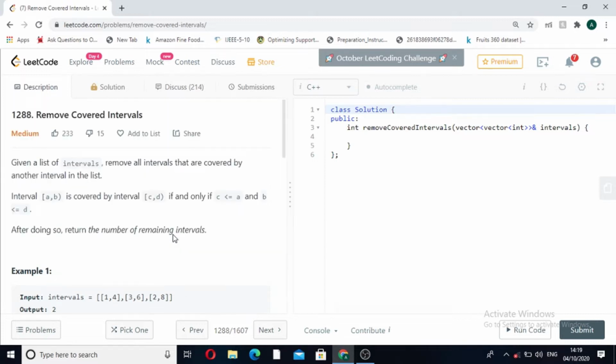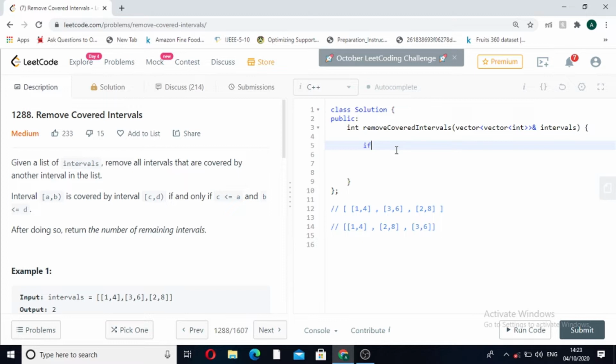Now let's look at the approach of this question. This question is very simple, but first we have to look at what we have to do. First, we are given the intervals. What we will do is sort these intervals on the basis of the start time, in ascending order. So first will be [1,4], then [2,8] will come, and then [3,6] will come. We can see that here the overlapping interval is [3,6], which is already being covered in [2,8]. So what will be our approach to the code?